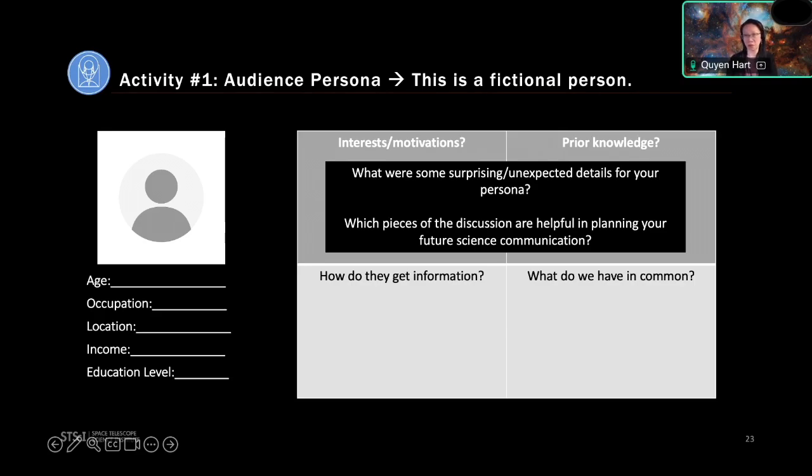The other piece that I find really challenging is how do they get information? What is their background knowledge? It's really informative to say, okay, what do you think they might know coming in when they sit in front of you? And it's really hard to say, even 10 years ago, the way people got information was different than it is today. So I'm sure a lot of people are getting it through social media. And so saying, okay, what kind of information might they see on social media, and how can I use that to help frame what I'm about to share with them in that engagement?